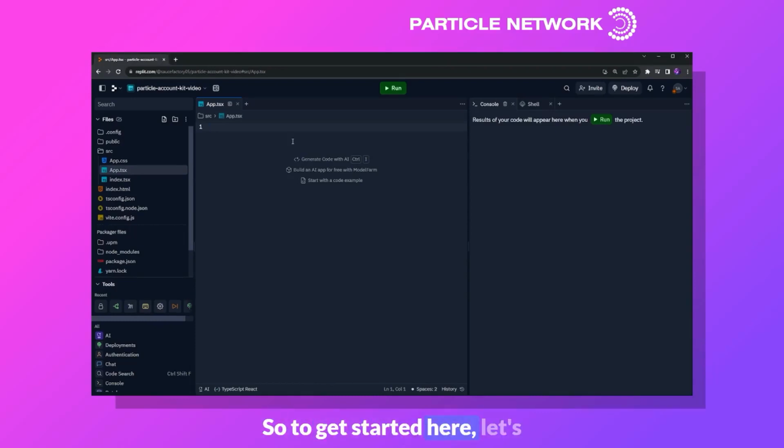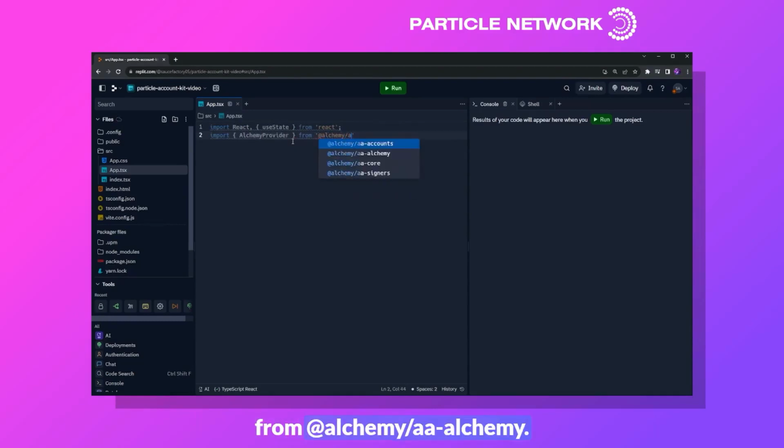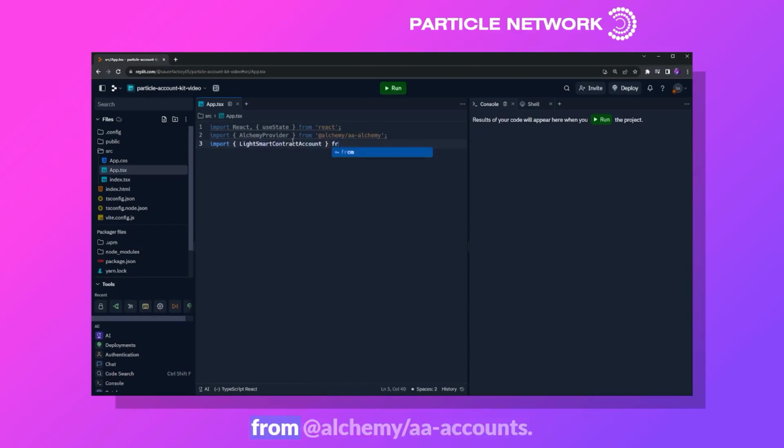So to get started here, let's go ahead and import a few different required libraries. The first will be React alongside useState. We can also import Alchemy provider from @alchemy/aa-alchemy. Additionally, like I mentioned, we want to use a Lite account in this case, so we can throw in Lite smart contract account from